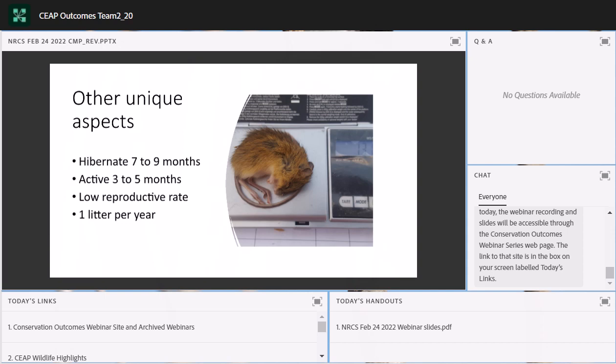So we know better where to look, but what are we looking for? What type of habitat is optimal for the jumping mouse? We focused on riparian areas since jumping mice are riparian obligates. I mentioned vegetation wasn't a strong predictor. And if you look, this is one example of our riparian area, and I want to show you another. This is high elevation, and this is lower elevation. So you see it's quite variable in the vegetation that occurs in these areas. So the jumping mouse isn't keen so much on vegetation as it is on other aspects.